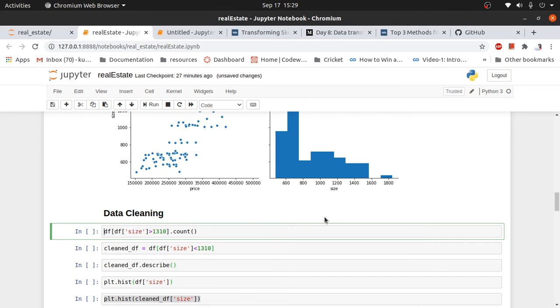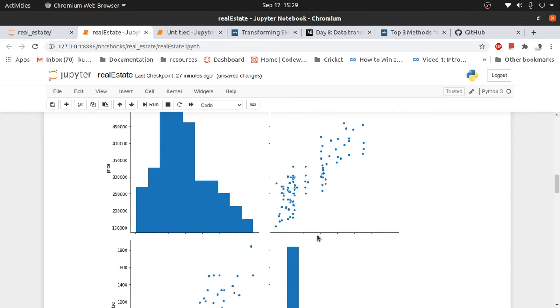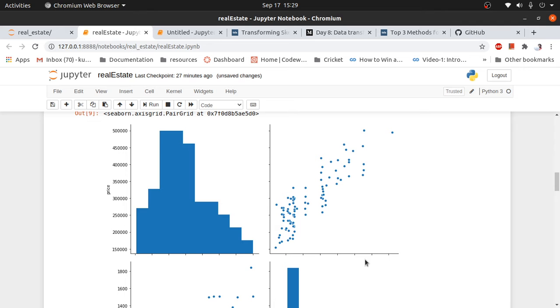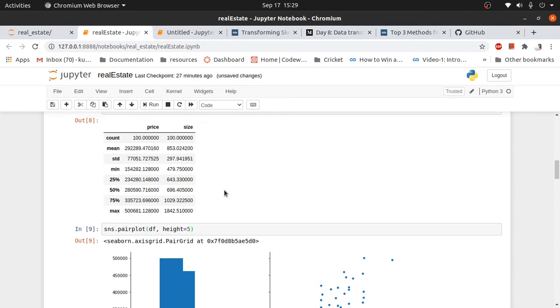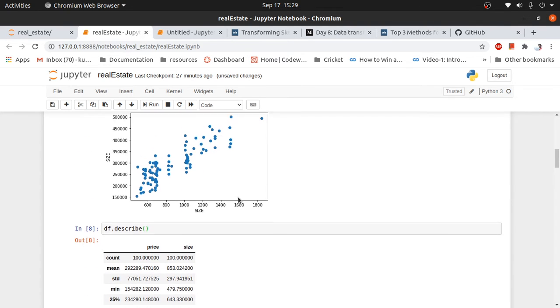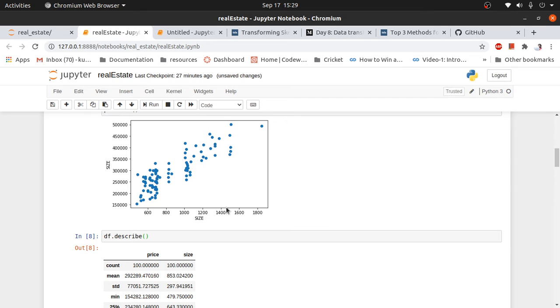After around 1500 there is only one data point, around 1800 and something. So this is clearly an outlier in our data set.